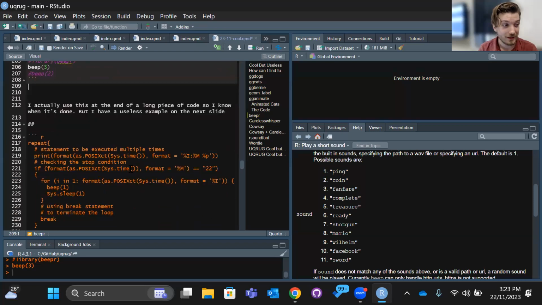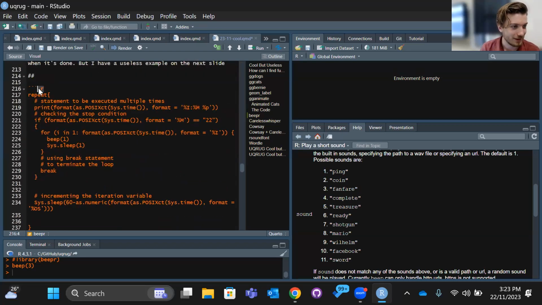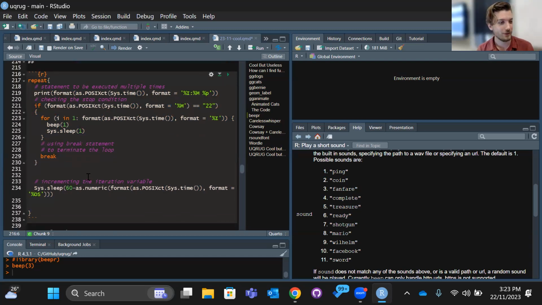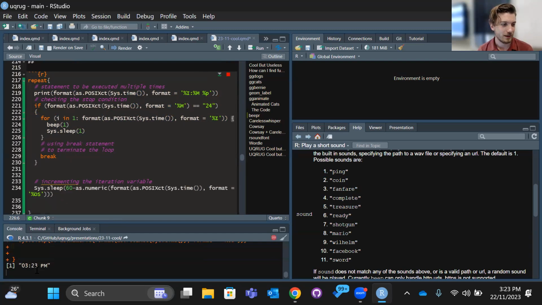But you can also do silly things with it too, like this, which I showed Cameron yesterday and he thought it was cool. He broke Cameron. So here, this is a dumb bit of code that basically when I run this chunk, it's going to sit there. You can see when I run it, it gives me an output of the current time, which is what it's printed there. And then it checks to see if the current number of minutes are equal to whatever number I put there. It should be 0, 0, but I'm not going to sit here and wait that long.